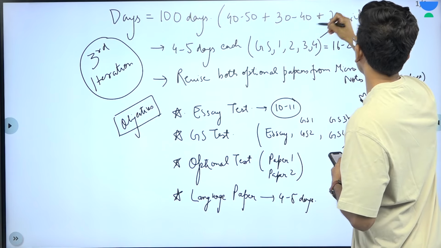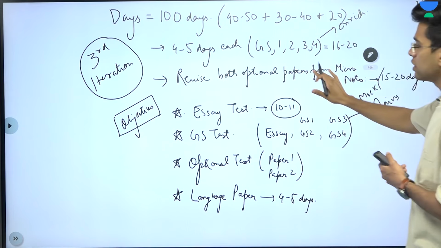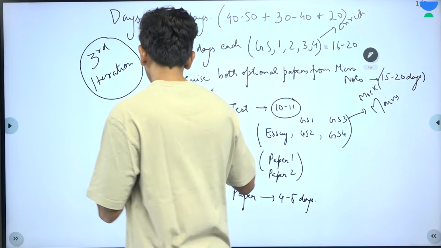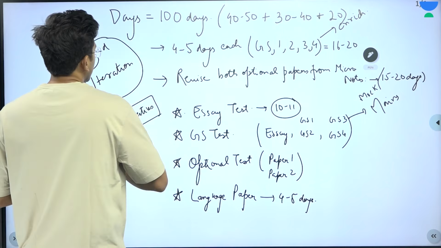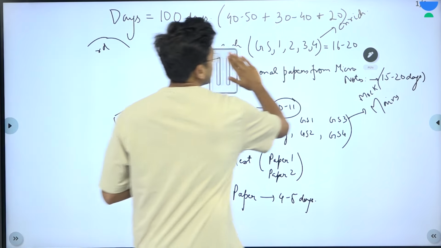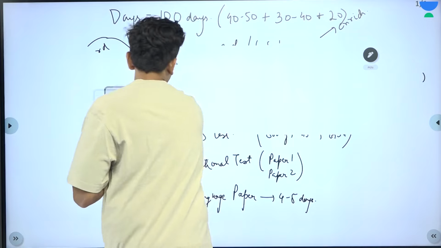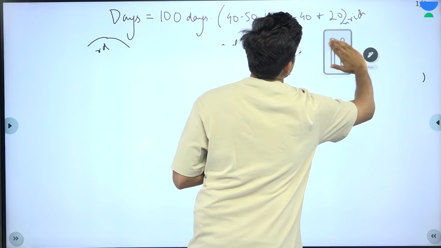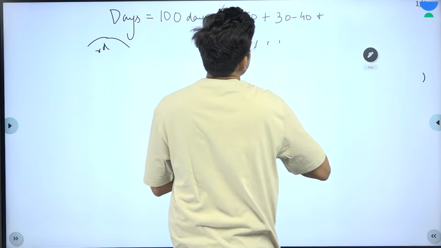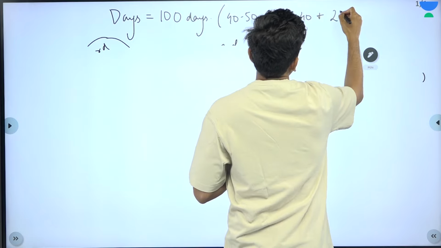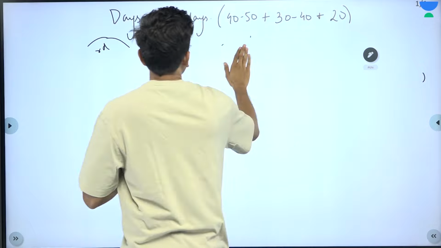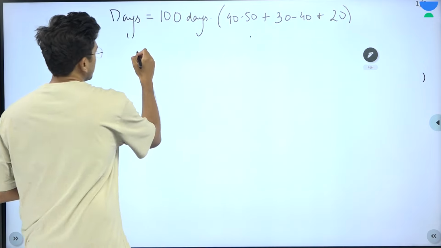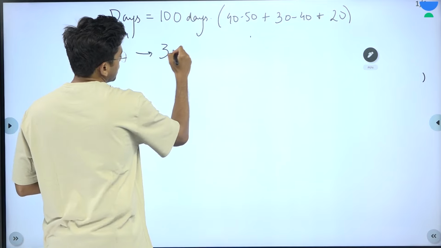So if we see here, we are already done with 100 days, and we have done 3 iterations of our entire syllabus. We can see the amount of things that we have covered in 100 days, which you can also write now. You can follow this strategy, it worked well for me. 20 days here, yeah. So if we sum up what we have planned till now, we have done 3 revisions